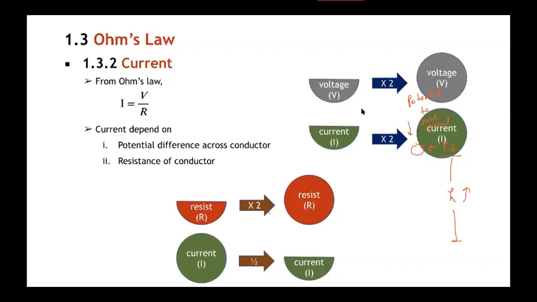And we have also discussed that if we double the voltage, we will have double the current. If we have double the resistance, we will have half the current, right? This you can see from here. It is directly proportional to your voltage and inversely proportional to your resistance. So any doubt from here? I think it's just a recap from what we have done in the previous class.